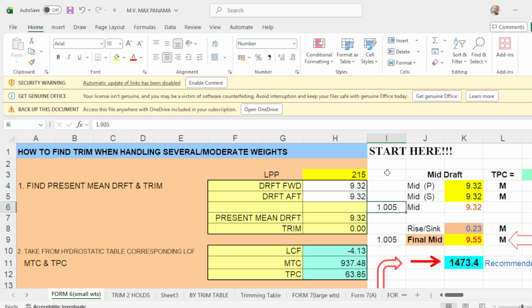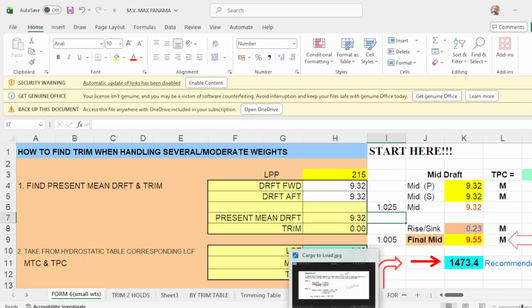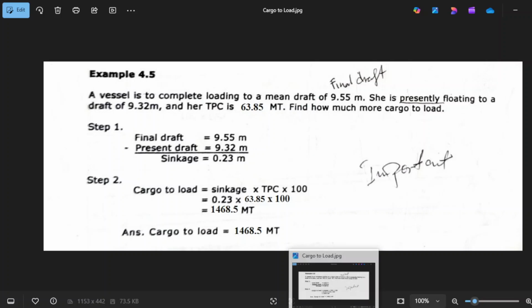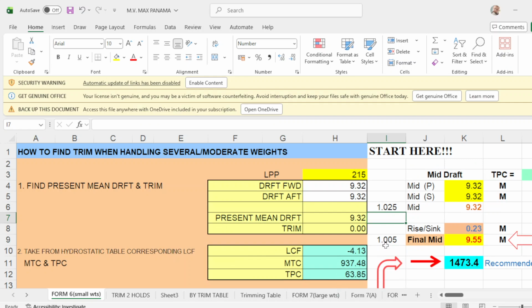And the density is 1.025. It doesn't say here what your density is, so let's assume it's salt water of 1.025. So in your final completion of loading, the density will also be 1.025.